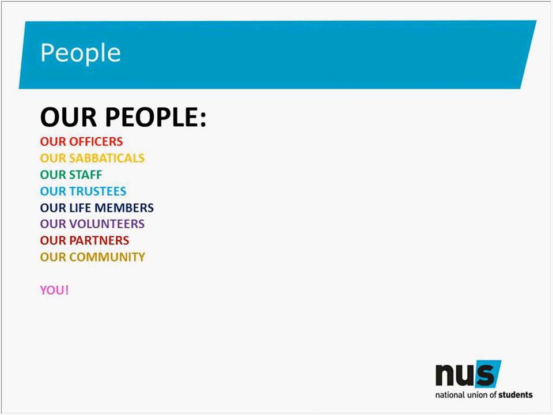So, people. It amazes me that if I go onto a students' union's website, I see the elected officers listed on page 1. Sometimes I see them listed, but on page 1. And then you see staff listed. I might, apart from maybe a direct email address,